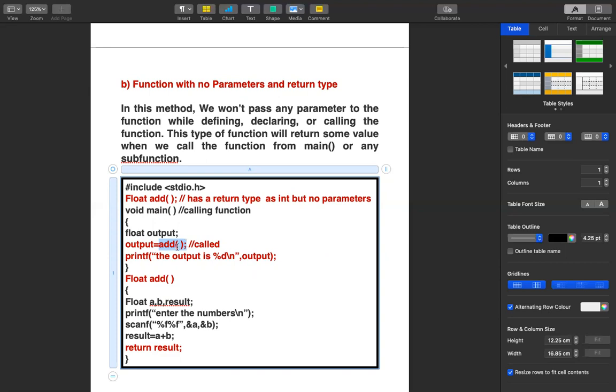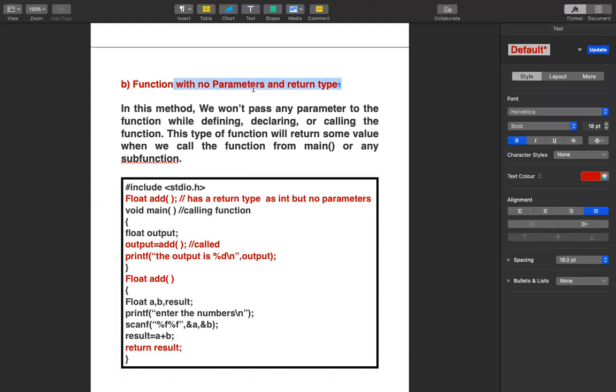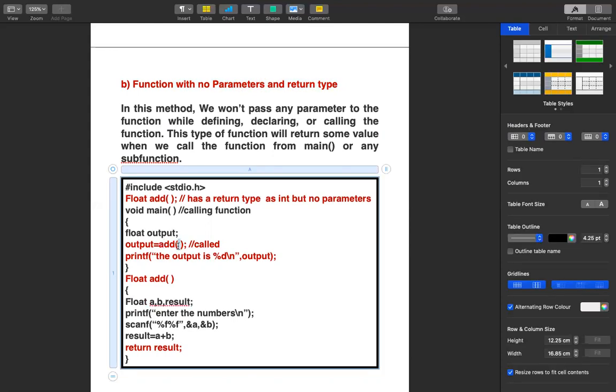Before you go to the next concept of this technique, carefully see, we are calling the function. Are we passing any parameters? No, we are not passing any parameters, and you can see that the parameter list is empty. That means again this condition matches function with no parameters.